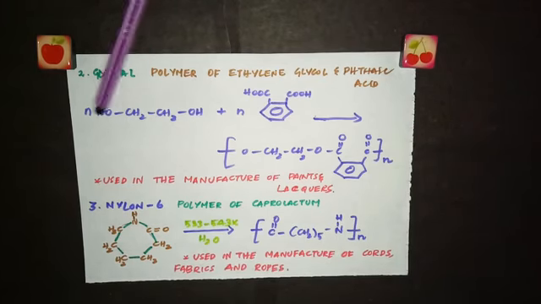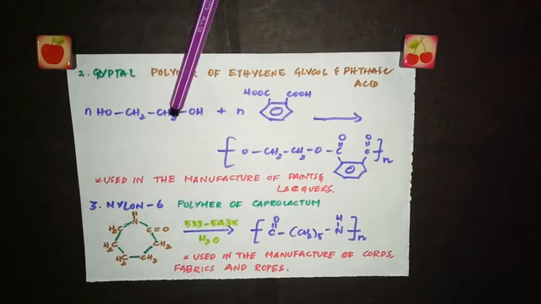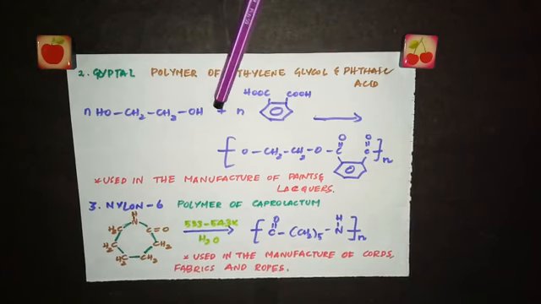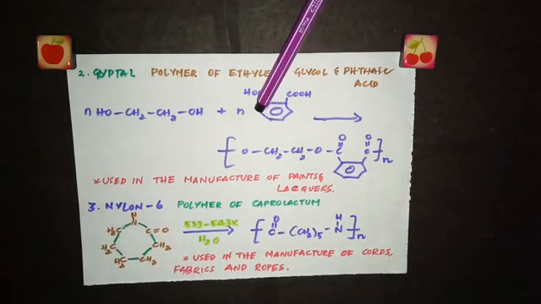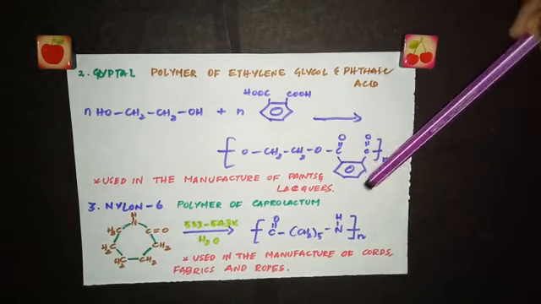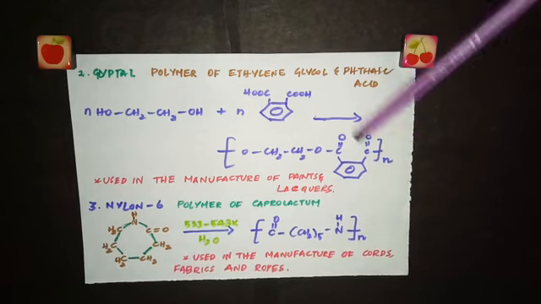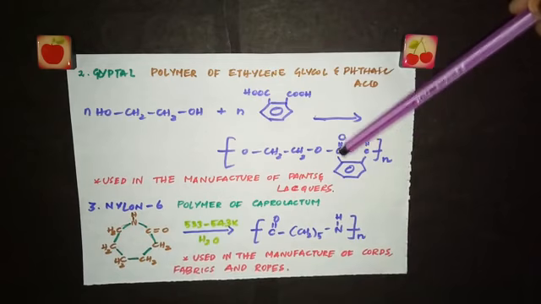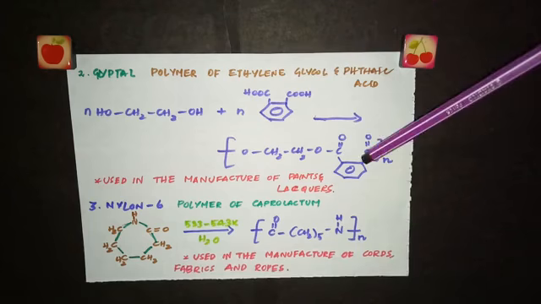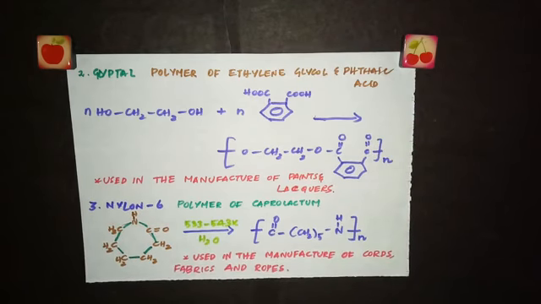So put a bond O, don't write that H, bond O, CH2 bond CH2 bond O again, and here put a bond and join with this, not with this benzene ring. The benzene ring will be here, just hanging along with this COOH group. From this OH has been removed, so just C double bond O, put the benzene ring, and here again C double bond O, bond, n times. So this is the structure of glyptol polymer. This glyptol is soluble in suitable solvents, and the solution on evaporation leaves a tough and non-flexible film. Because of this property, it is used in the manufacture of paints and lacquers.